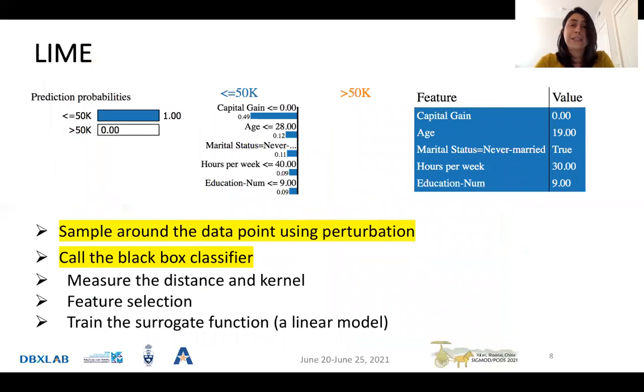Now look at each algorithm more closely. Lime is one of the most popular local explanation methods. The explanation format in Lime is a subset of feature values along with their contribution towards the predicted label. This contribution can be positive or negative. Lime first samples around the given data point using perturbation and then calls the black box classifier to label those samples. Then it measures the distance between the generated samples and the original data point. It runs some feature selection, and finally it trains a surrogate function on these labeled samples to use for generating explanations for the original